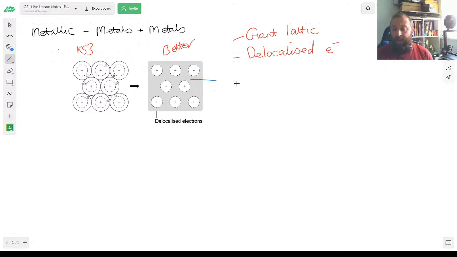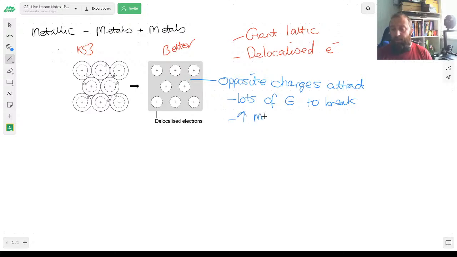Because of that, we should end up with this idea that we've got these opposite charges which attract. So there's a strong attraction between the positive nuclei and this sea of delocalized electrons. And again, in the same way as magnets, they're all going to stick together, they're going to be attracted together. So we could also say, in the same way as we did when we've looked at other solids or other materials with high melting points, that we're going to need lots of energy to break or overcome. So therefore, we're looking at high melting points